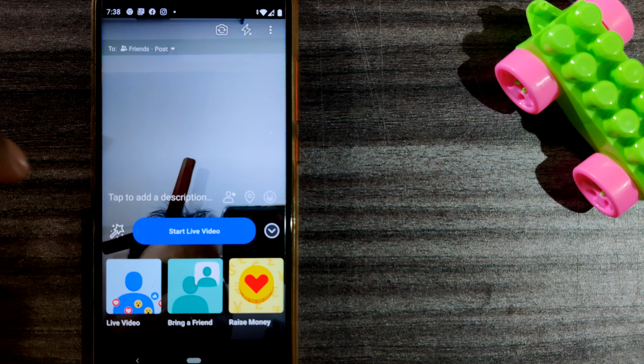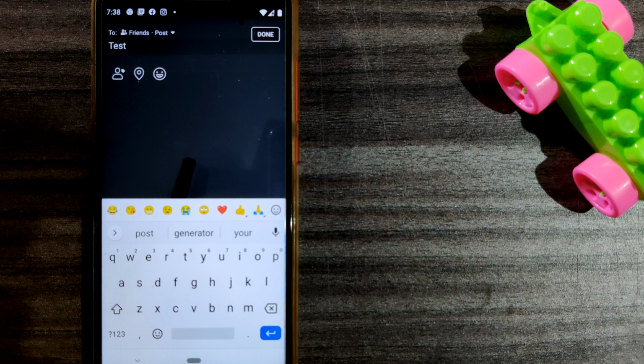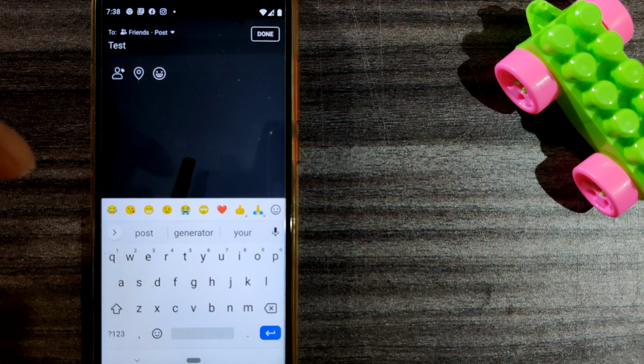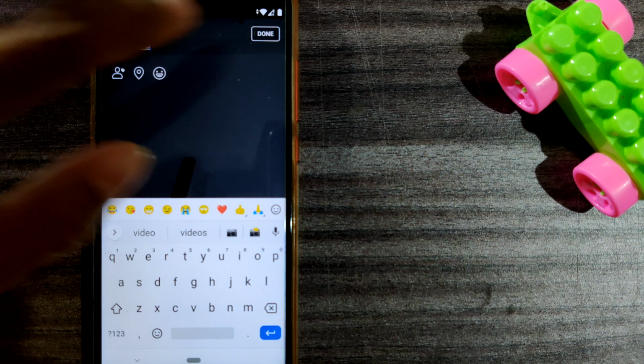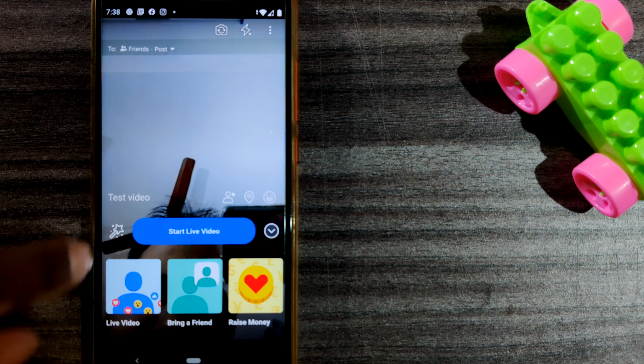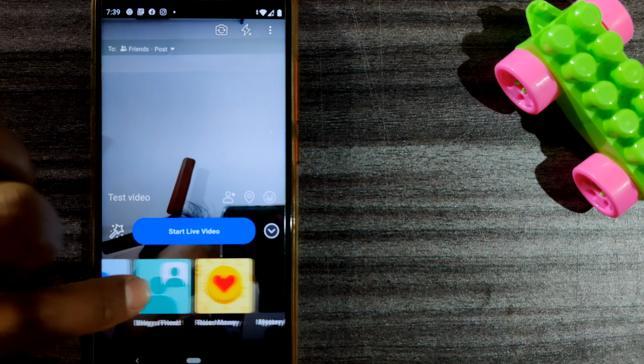Here you can see tap to add a description. For example, test video. You can write something like night out. If you're visiting some place, then you can write that place name as well. For example, I am writing test video. So once I do that, you can see instead of going directly live, you can play around with these options or